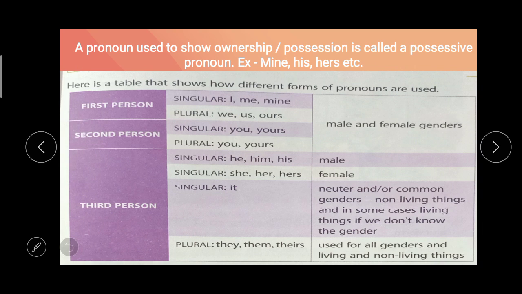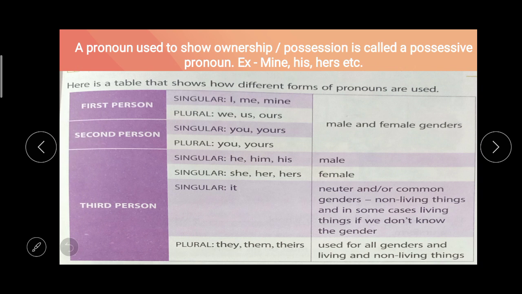So here the first one is possessive pronoun. So student, a pronoun used to show ownership or possession is called a possessive pronoun. For example, mine, his, hers, etc. And student,